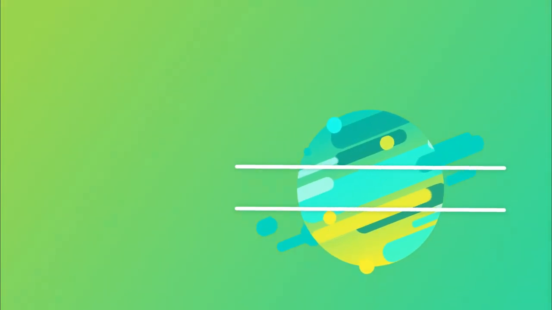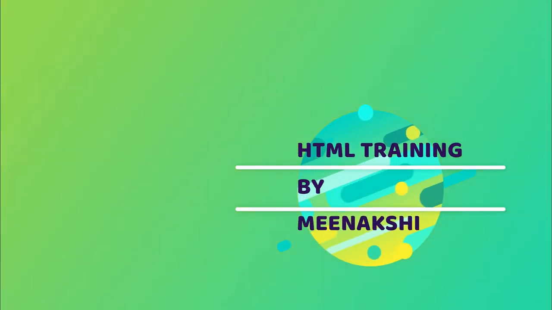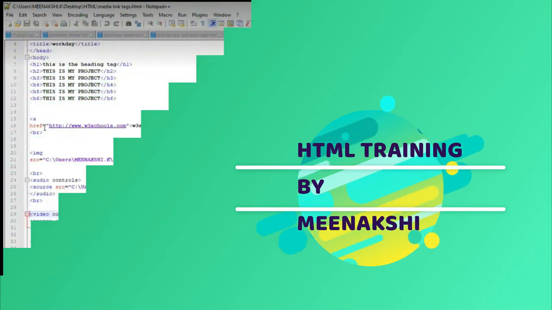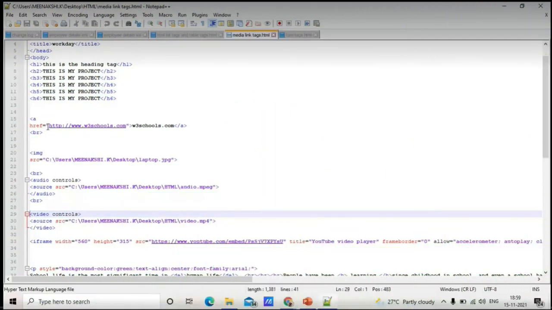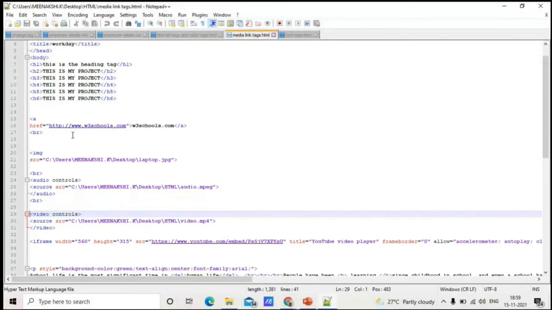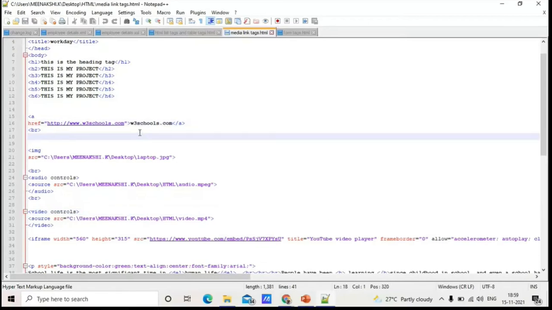So this hyperlink should be with an anchor tag, that is A, with an href equal to the input element, which should start with the quotes, and between the quotes you have to copy the URL, what video you have to show here, what browser you want to give here, and the name. So w3schools.com is the link. If you go to the web page, this W3Schools will be displayed in blue color. Yes, so this blue color, the name you're going to give as a link, should be given here, and you have to close the anchor tag.